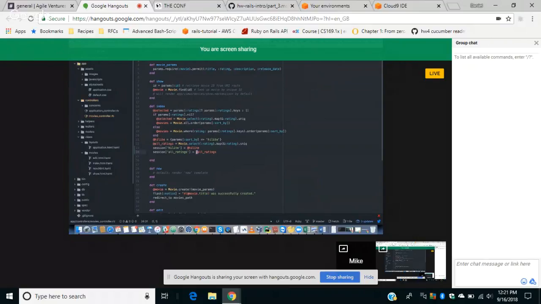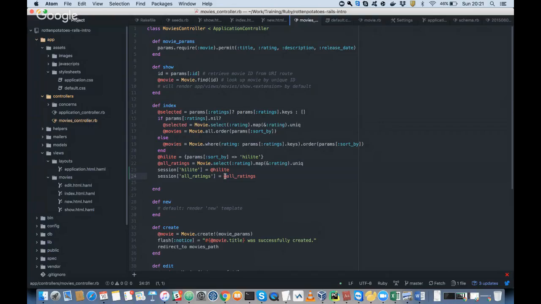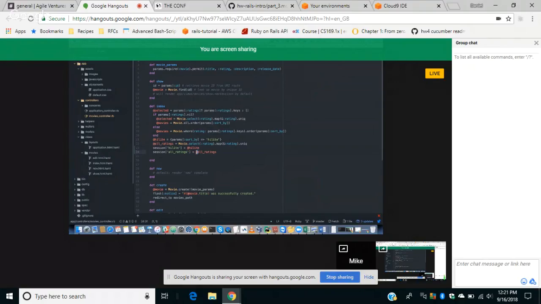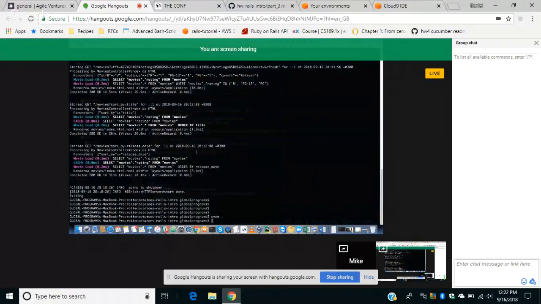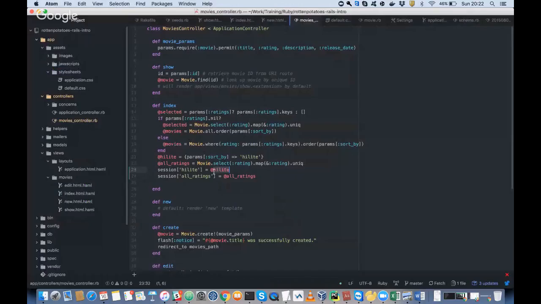So I see what you're doing here. You're saving the state, basically the current state, into the session using these instance variables. But I have a suggestion, or actually a question. If you look at those that you highlighted, the all ratings that you just saved,